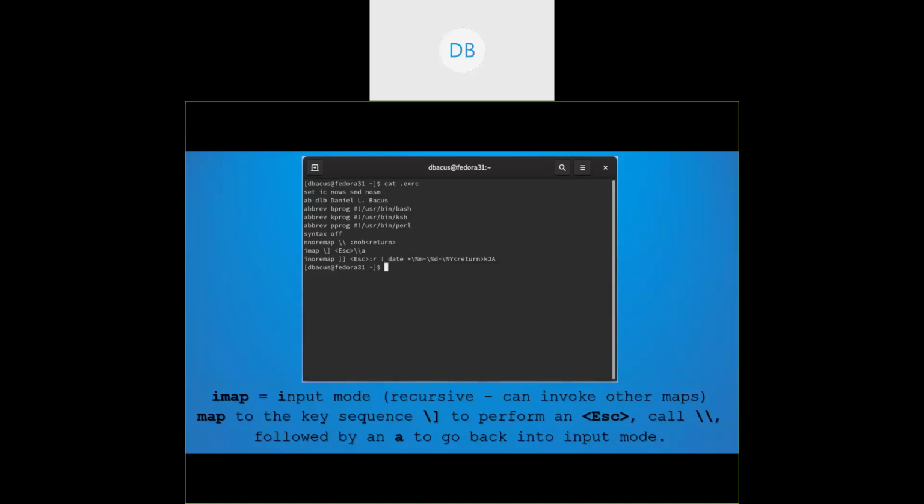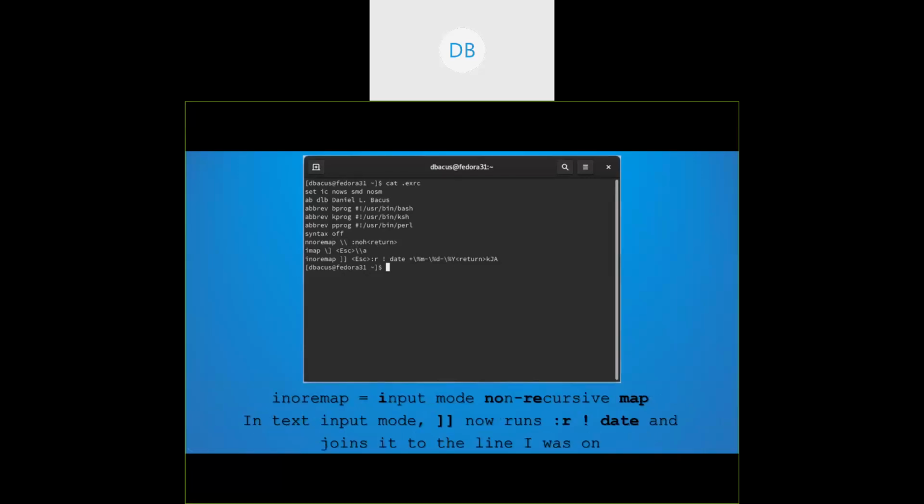So whether I'm in command mode or text input mode, I can quickly turn off highlighting. I just have to remember what mode I'm in for what key sequence I need to do. But realize because it's a recursive map, it allows recursion. This / is calling this line up here to execute what needs to be done. Okay. And then finally,